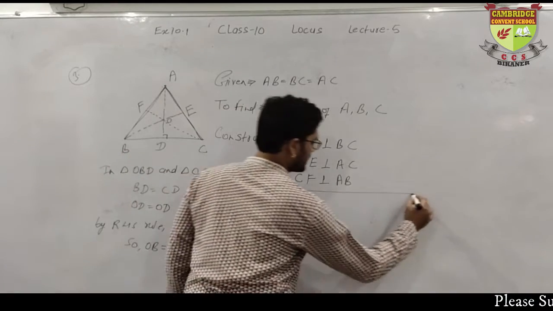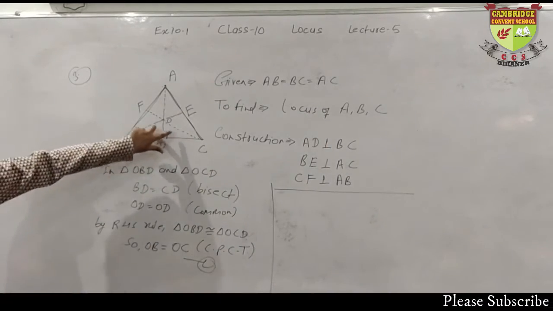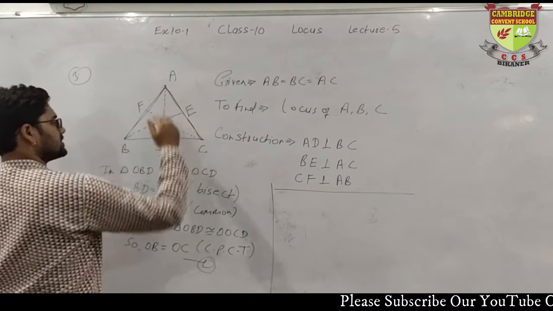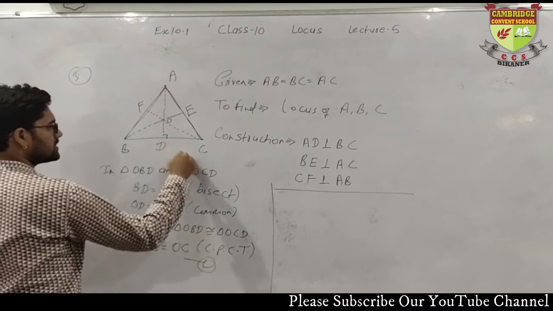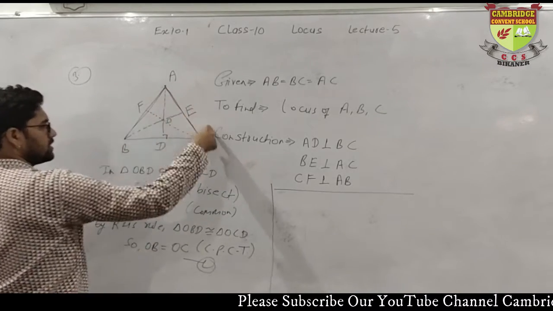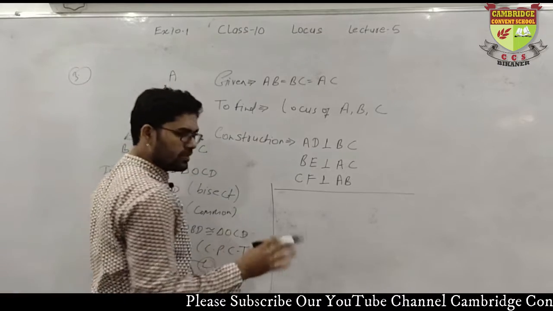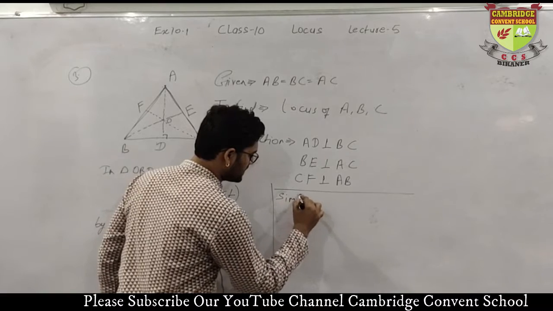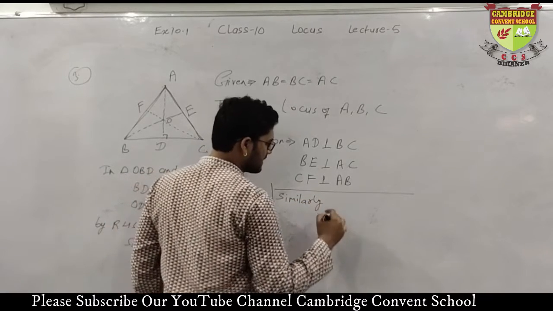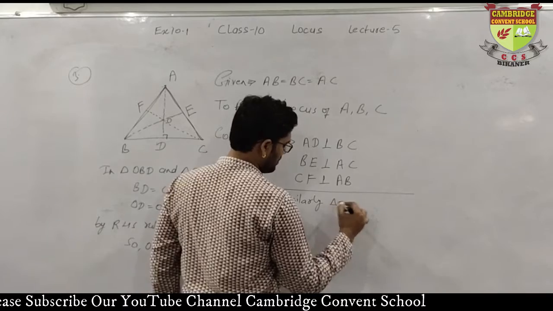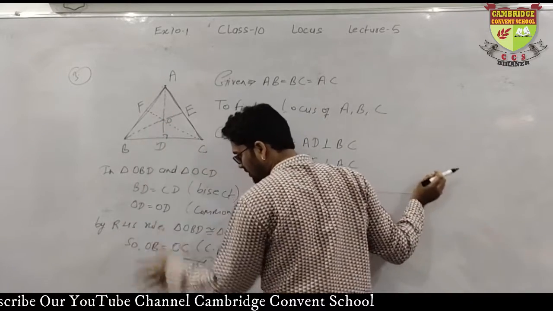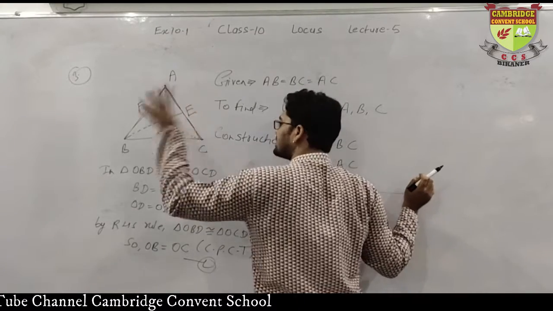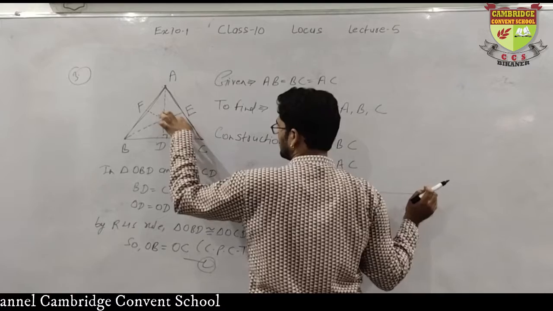Now I will solve it here. I have taken these 2 triangles. Now I am taking these 2 triangles. First, these 2 triangles were on BC. Now these 2 triangles are on AC. We are not going to completely solve it. We will do it in the short form. We will say similarly, just the way we made these 2 triangles congruent, as it is, we will make these 2 triangles congruent.